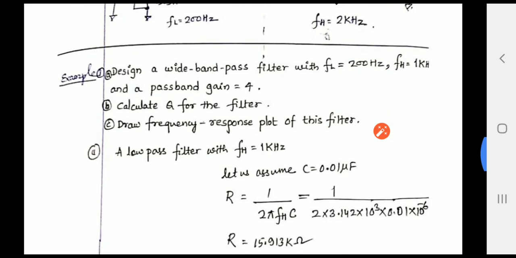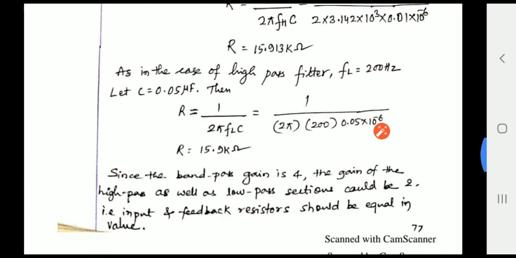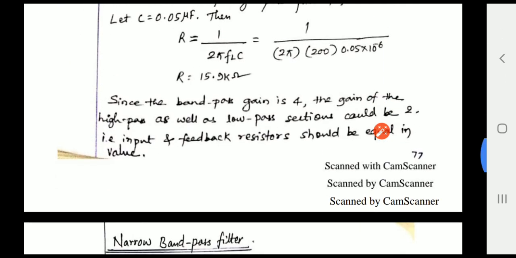Here is one problem which is given. It's very simple. Using the formulas you can solve this and find the answers. So this is about